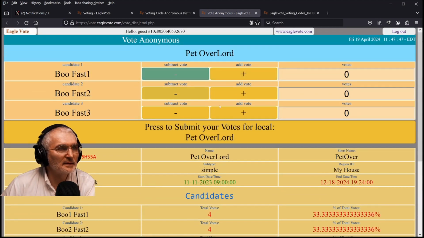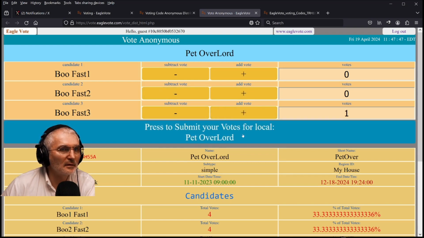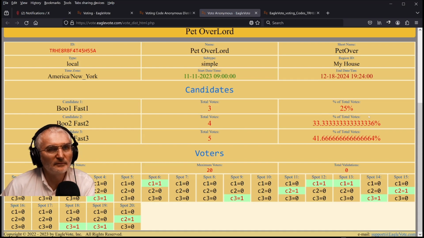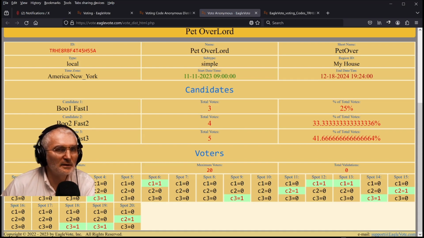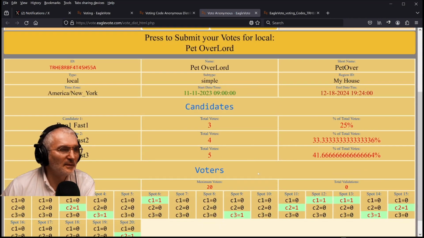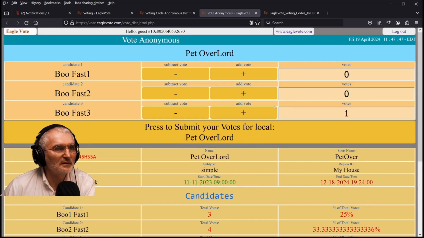So let's fix that. Let's go for this candidate. Okay, so we should have it. Okay, we got it. Candidate number 3 is winning right now. Percentages are calculated. That can be adjusted from election to election, how it's presented. So this is just a testing presentation, but each election will have its own page with its own options of voting